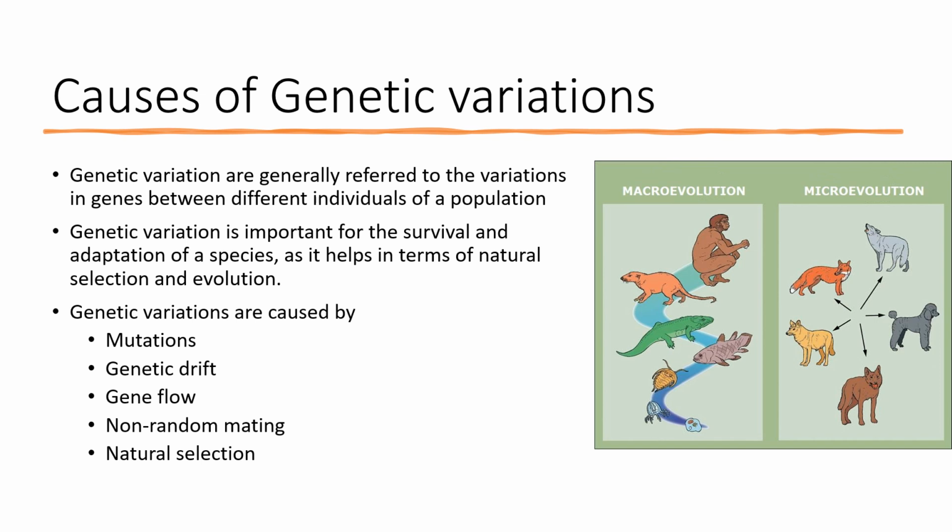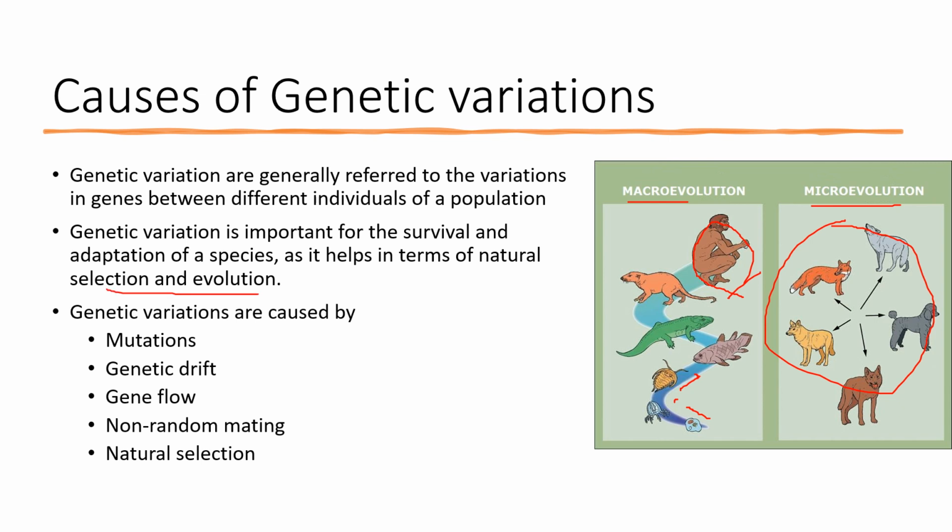Now over here I have given the example of evolution, macroevolution and microevolution. Microevolution is within a species or within a population, and macroevolution is from the start, from bacteria to fish, from single cell to double cell to triple cell, and then multicellular organisms, and then evolution of the human being. Okay. Genetic variation is important for survival and adaptation of species, and it helps in terms of natural selection